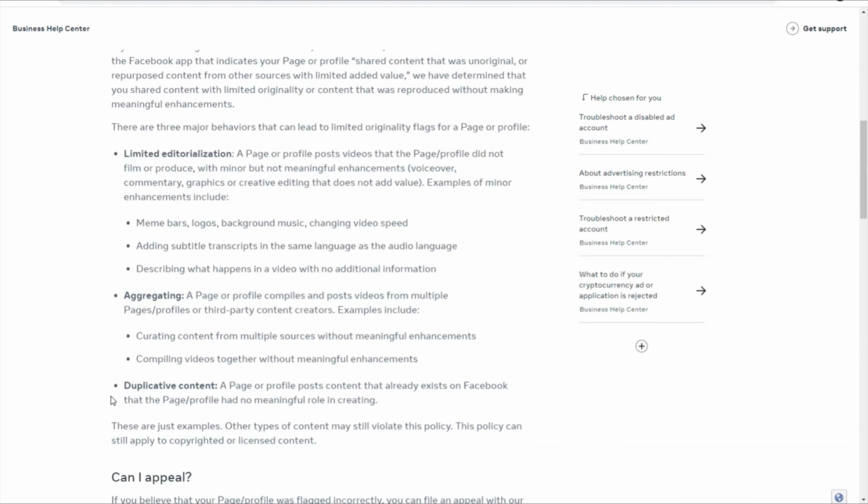And number three is duplicative content. Duplicative content actually means like, for instance, somebody posted this video on Facebook. Actually, maybe you don't know, say they don't post that video on Facebook, right? And you went on TikTok and got the video and posted the video on your Facebook, without knowing that the video is already on Facebook. So you are duplicating the video on Facebook and they will know. So for instance, if you got a video from TikTok, you need to re-edit the video, then add value to the video before